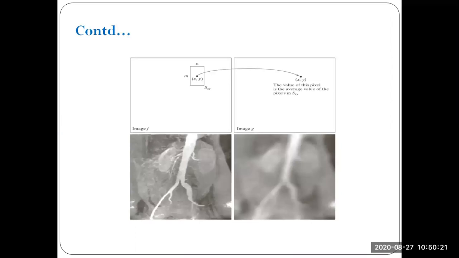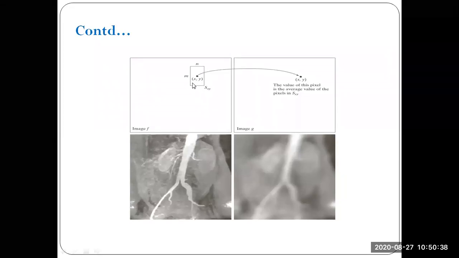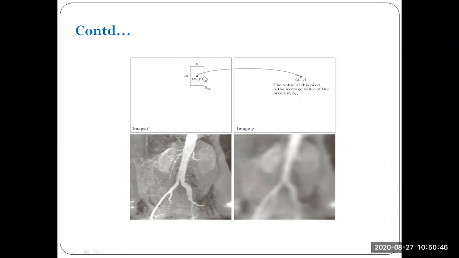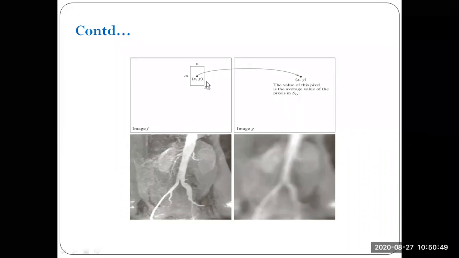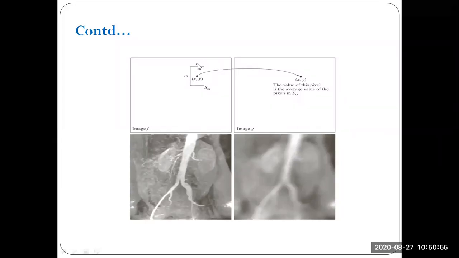Next, the application. For suppose this is my image f and image g. In the original image, I am considering this mask, like a mask, considered as a set. Here S subscript x,y is my set: 3 by 3, 5 by 5, 4 by 5, whatever based on your requirement, we have to consider m number, n number. M is columns, n is rows. So it depends upon your consideration of the set. This is my center pixel.